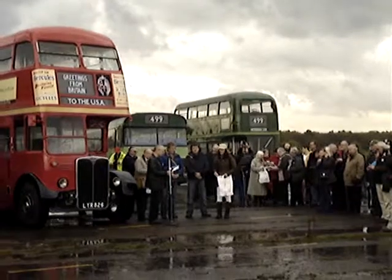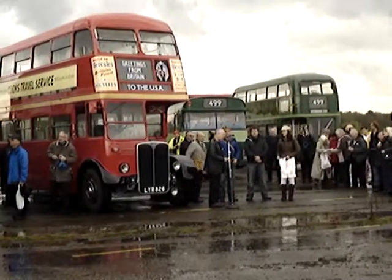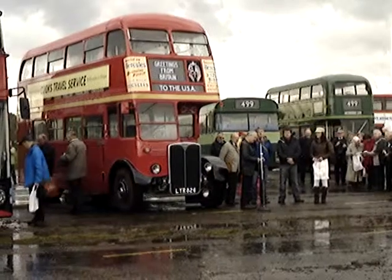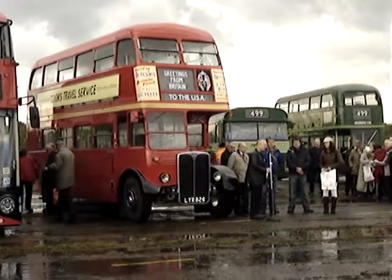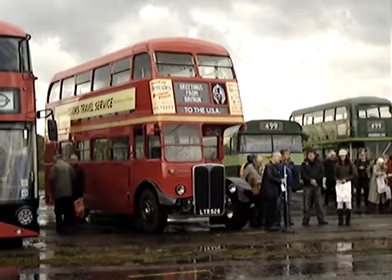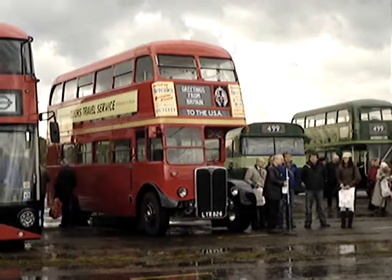So this isn't in the speech, but actually George was the last surviving driver of the B-type, the old Bill, and indeed when I was a much younger man than I am now, I used to organise the London Transport contingent to the Remembrance Day march at the Cenotaph, and for many years, until actually quite recently, the only people who were allowed to march, other than people in the three services, were